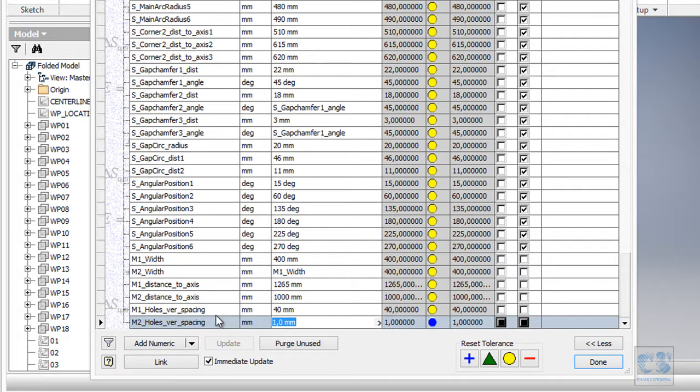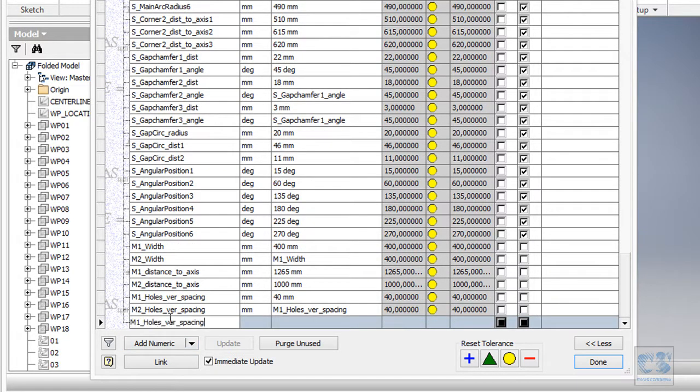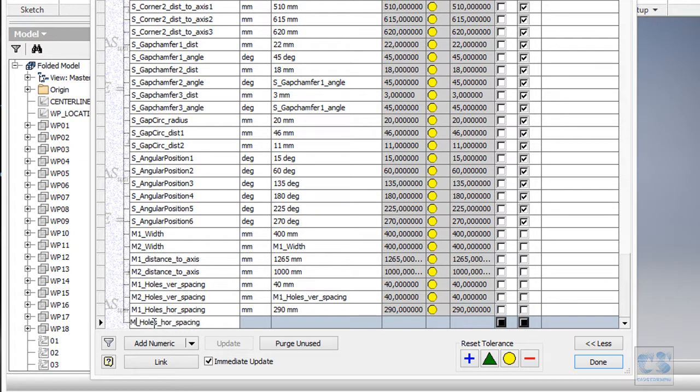So this one is equal to this one, and we will have the horizontal spacing, which is 290, and copy this again for the second one, and we paste this like so.